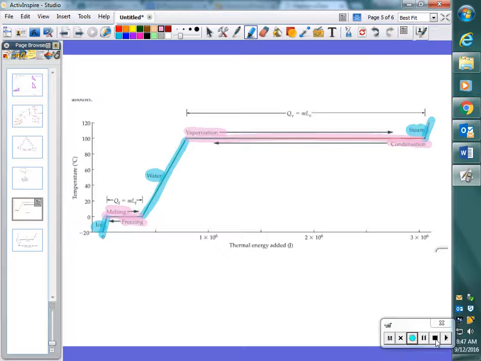What we find is that if we monitor the temperature of a substance when it's undergoing a phase change, the temperature will not increase or decrease. That doesn't mean that energy is not being added or taken away. It just means that even though the energy is being changed, the temperature is not. So, what's happening? Well, if you look at your book,